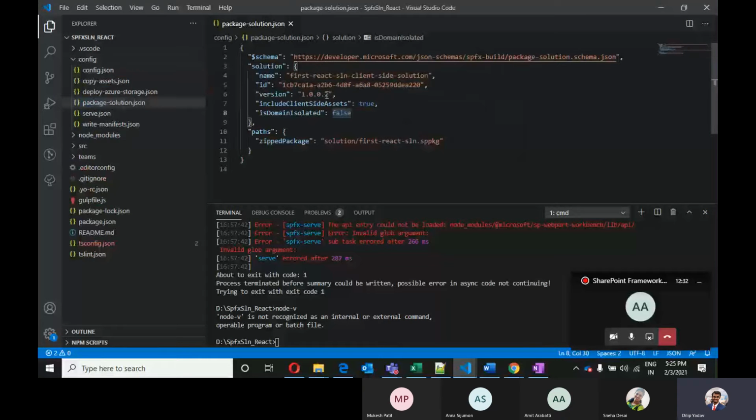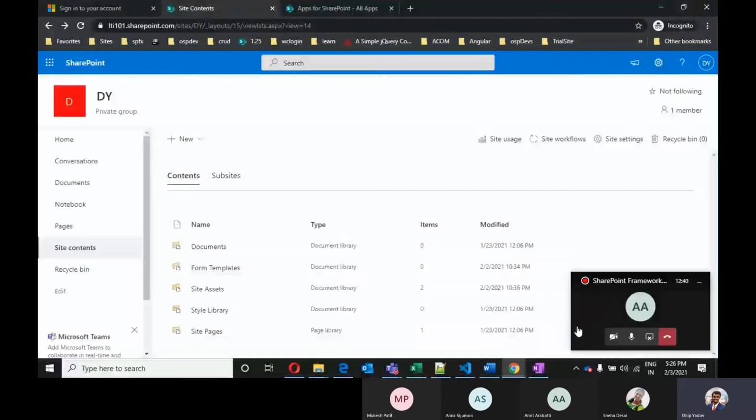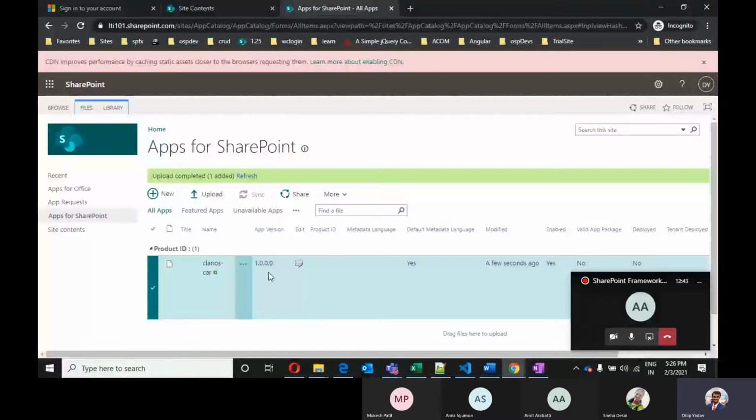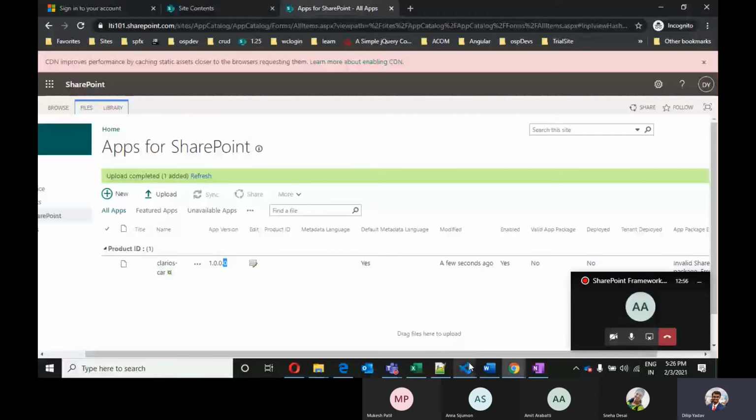During development we usually update the minor version. When we deploy this to the app catalog and it is successfully deployed without any error, we will see the latest version over here. And by any chance if you forget to upgrade the version, then our deployment will not be successful.